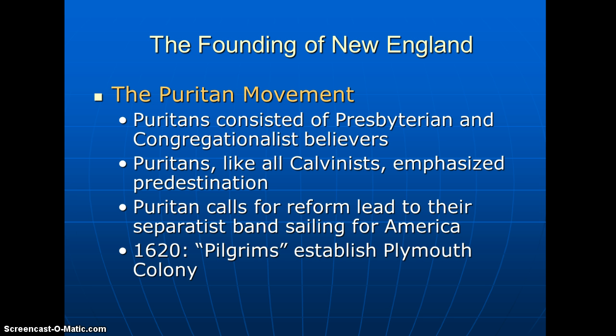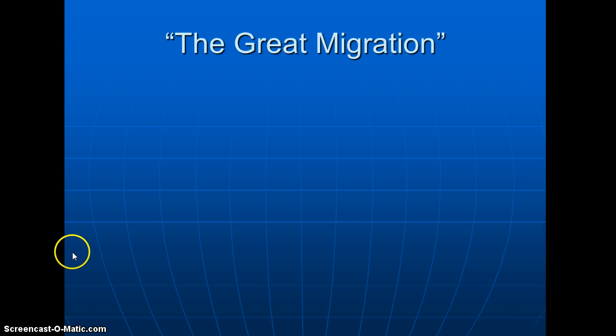These pilgrims established Plymouth Colony, which will later become part of Massachusetts Bay Colony in 1620, with the landing on Plymouth Rock and all of that good stuff. So 88 pilgrims make their way to the New World. They settle in Massachusetts and Plymouth Colony, and one of the most important and significant events of this was the